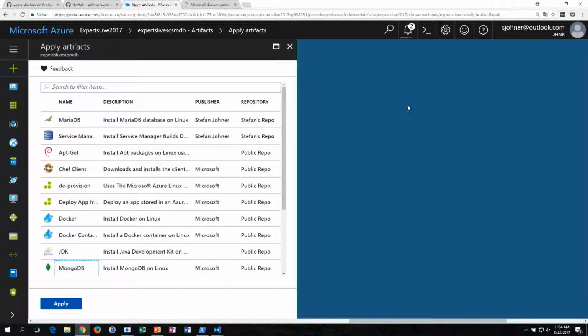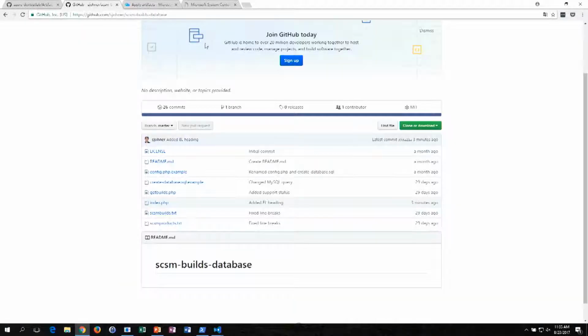So this formula stuff means you don't need to put everything together, it makes it easy to have it at one click, but you can also just select the VM and then select the artifact. You can do that as well. And if we have a look at these artifacts I created,